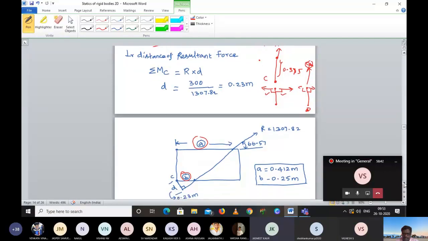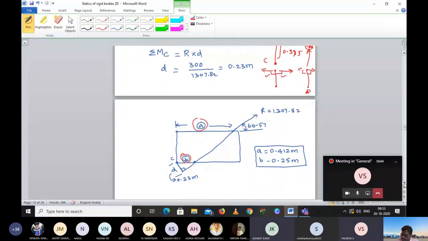Now our friends will ask, how to calculate? Any idea? Yes, sir. Here you will have a vertical distance, am I right? Here you will have a force. Here you will have a horizontal force. Calculate and tell me what A and B are. I have given the answer also. It is up to you.